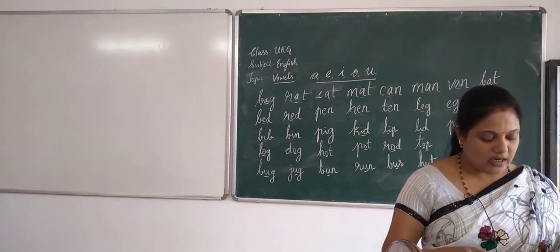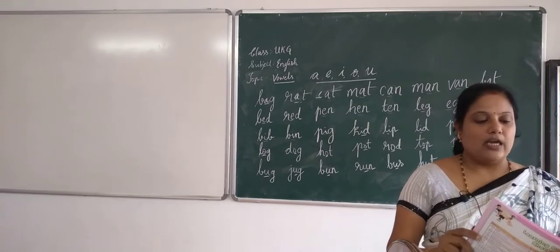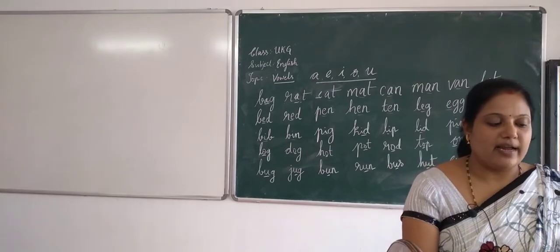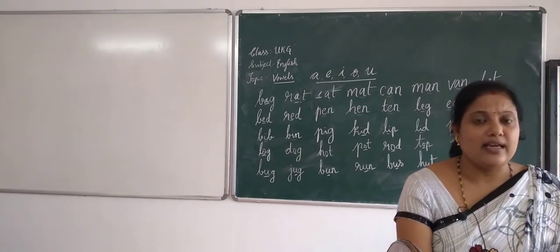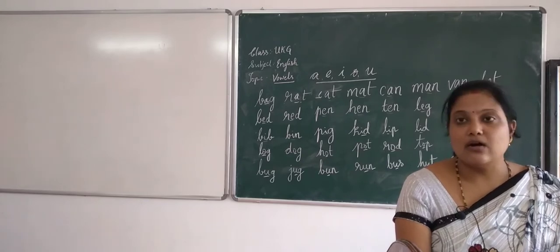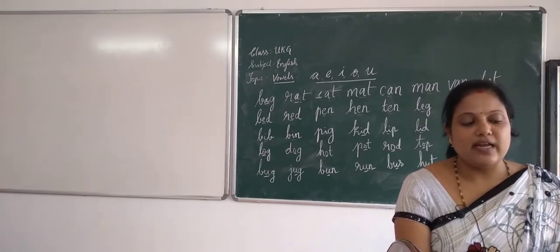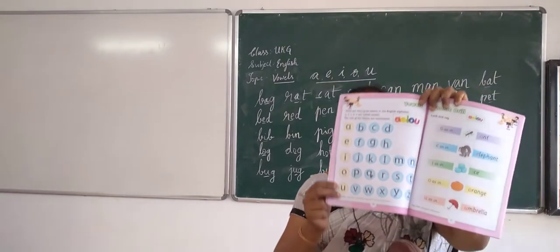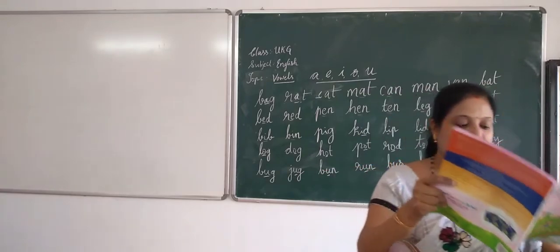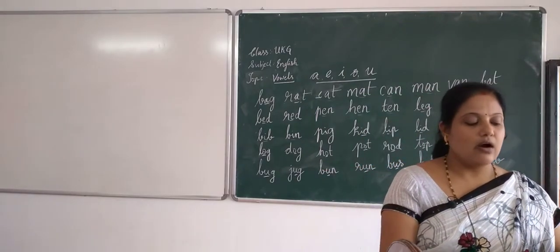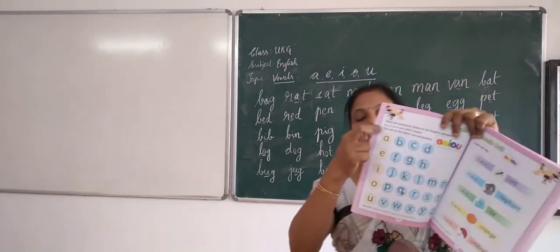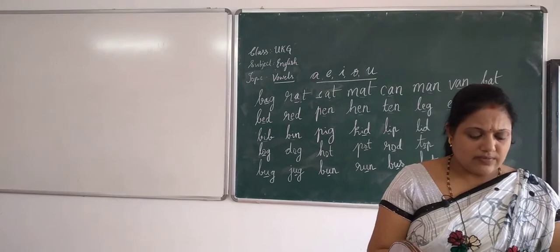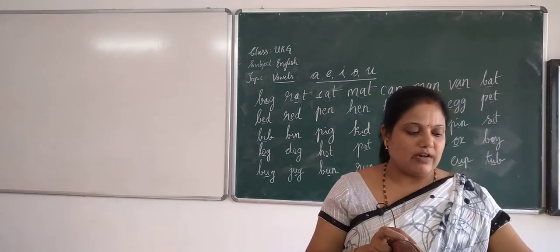Take the page number 26, okay? Here they have given you, there are 26 letters in the English alphabet. Which are they? A, E, I, O, U. They are called vowels. Rest of the letters are consonants. Please read this and learn the vowels and the consonants. They have rounded up all the vowels here. And there is one phonic drill exercise also given.